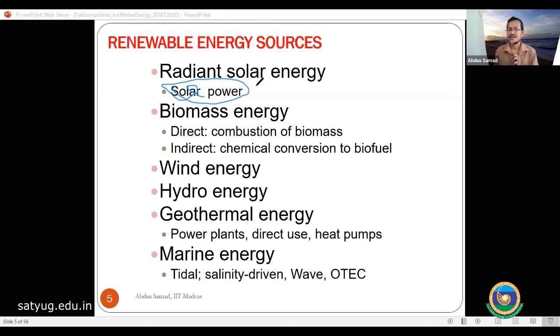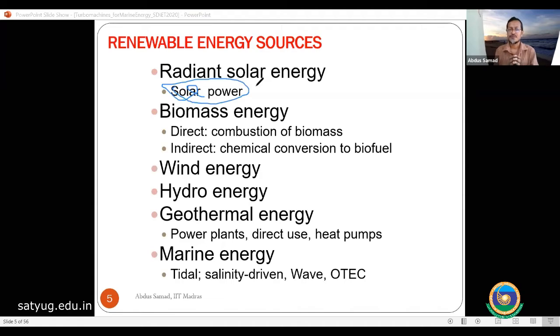So if you are thinking of putting a solar energy based system in Scotland or anywhere in the northern hemisphere, I mean nearby the North Pole area, it is not possible. It's only possible where sunlight is strong.